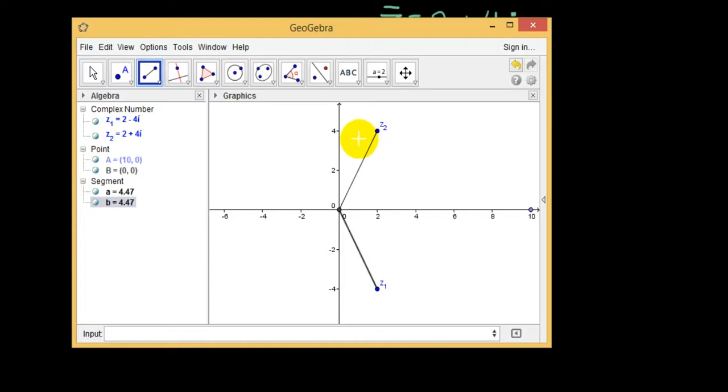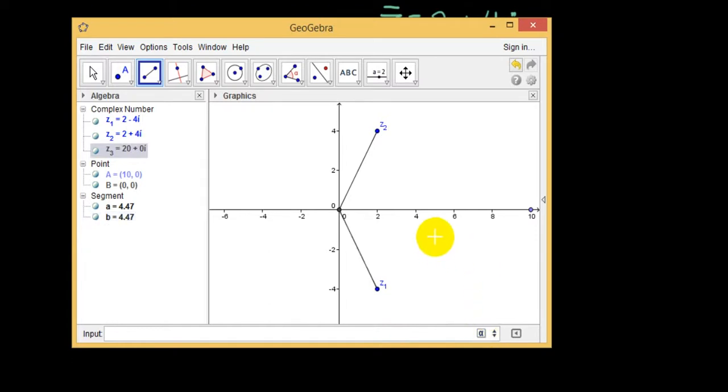And if you remember, when we multiply two complex numbers together, what happens is we multiply together their magnitudes and we add their arguments. So if we have a look at the magnitudes, Z1, which is 2 minus 4i, has a magnitude of 4.47. And Z2 has a magnitude of 4.47 as well because they're conjugates. They have the same magnitude. So if I go Z1 times Z2,